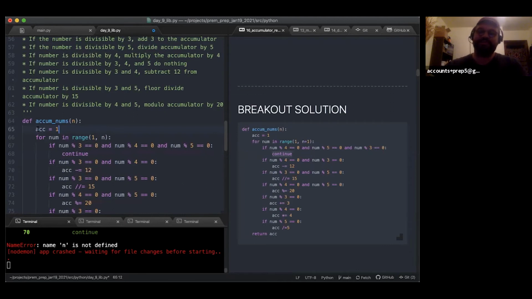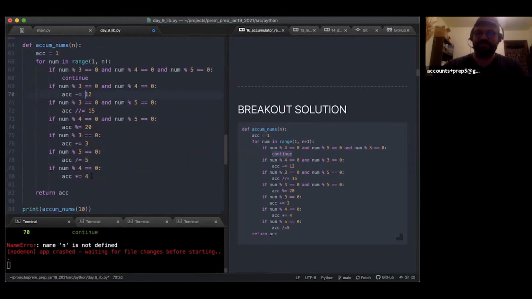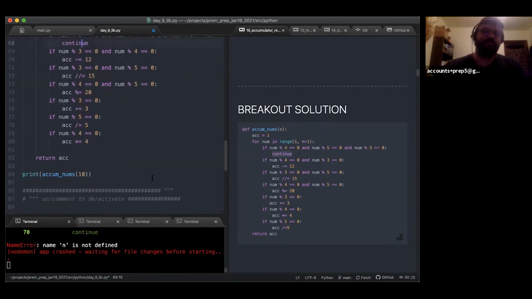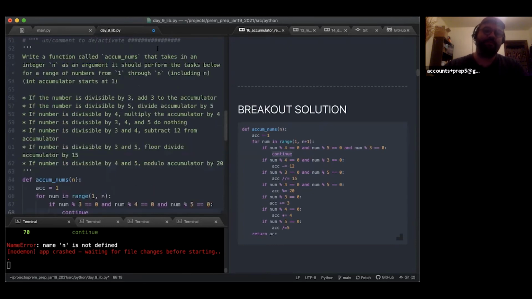In this case, the decision to start it at 1 is arbitrary. It's just, oh, this time we'll start it at 1, rather than it being necessary. This is just a silly function that does random things to this accumulator. I do have an example of when it would be necessary to not start it at 0,